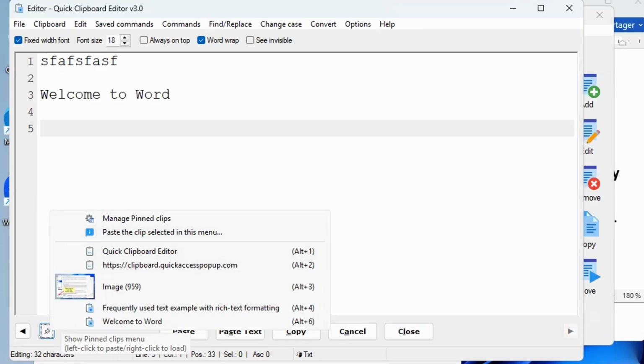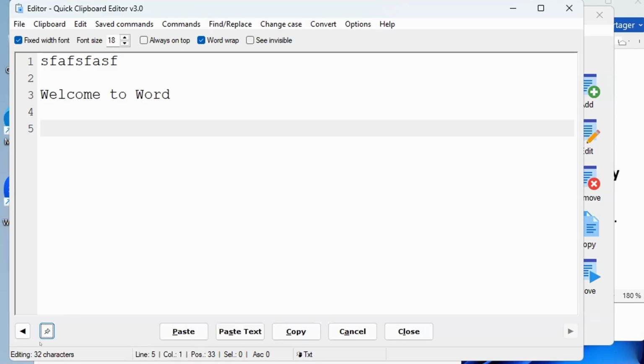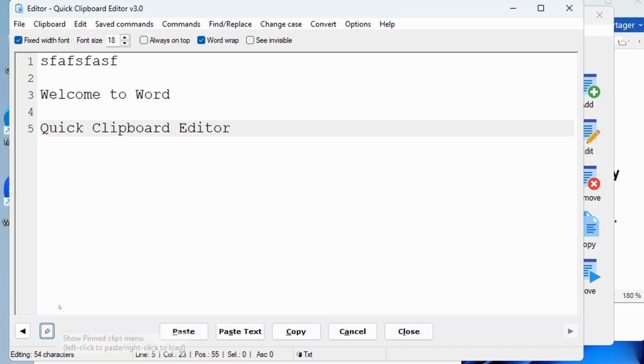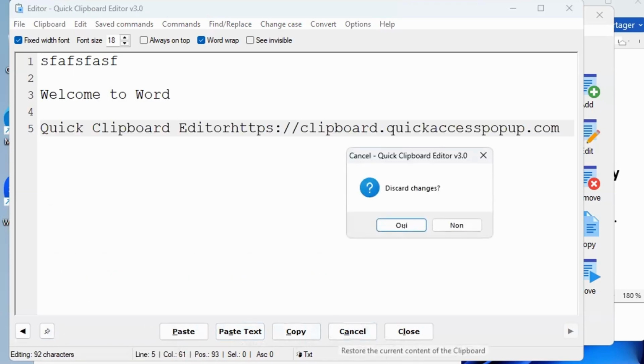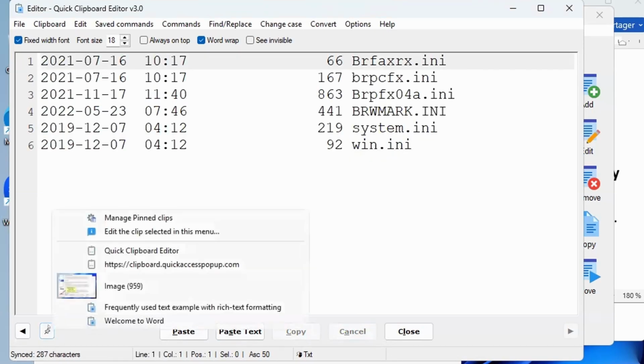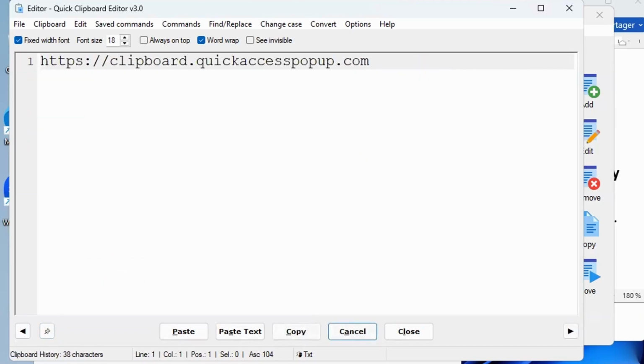So if I left, it's not easy. I haven't found a better way to do that for now, but if you left click on this, it will paste the content of the pinned clip. But if, let's say I cancel here, if I right click on the menu, it will retrieve the clip as it is in the clipboard history. So it's different, but most of the time what you want to do is to just paste the pinned clip that you